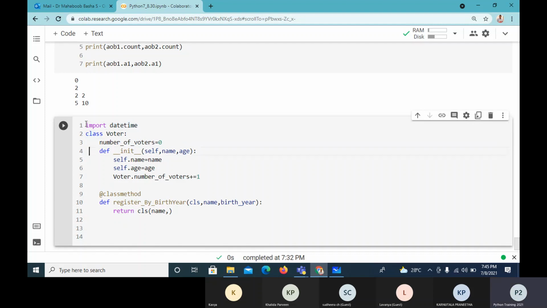Okay, I'll take that. What I'll do is get age from that. Datetime has one object called date, which has current date as today. It is a built-in library function, today. From this, I'll get the current year.